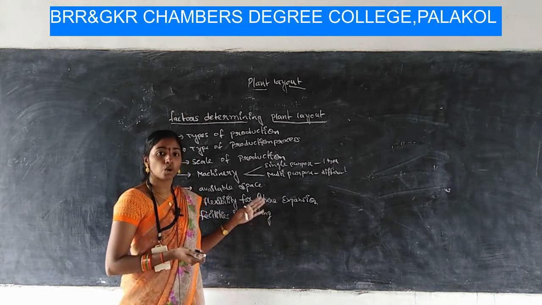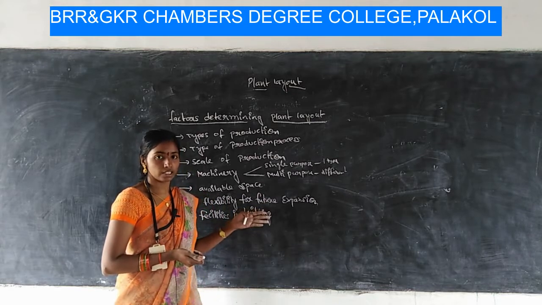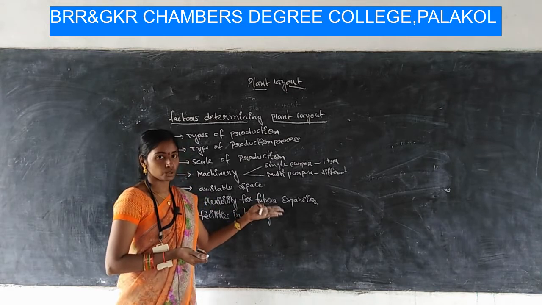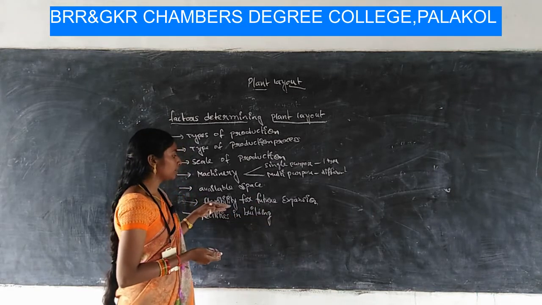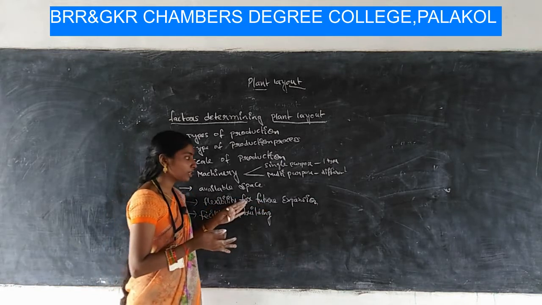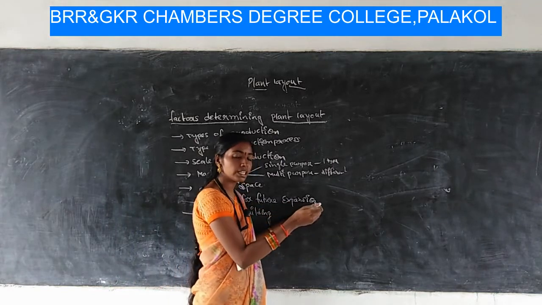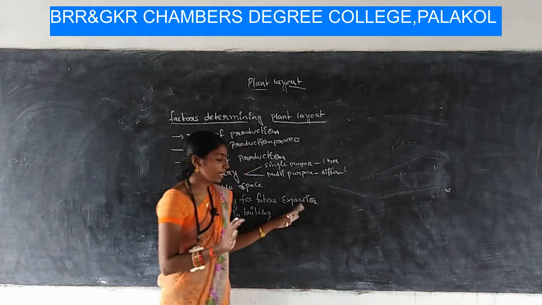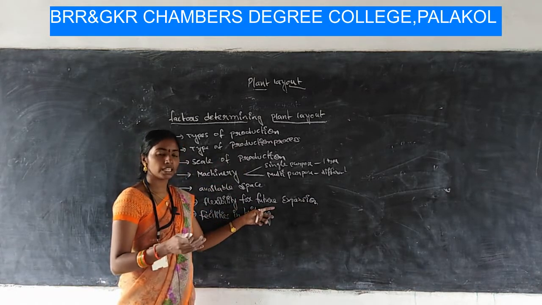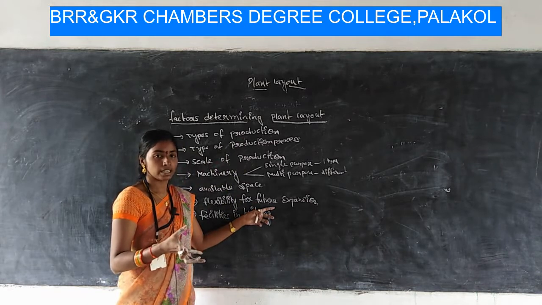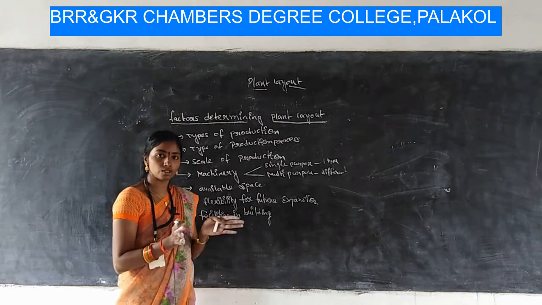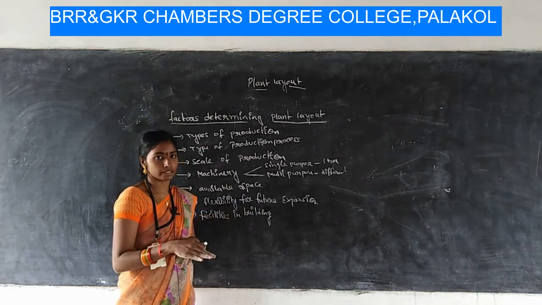And next one is flexibility for future expansion. If the organization wants to expand their activities or the production operations, it needs some space to do so. Which means, if future expansion facilities are there, then the plant layout is to be decided so as to add some additional facilities to that layout. Some organizations want to expand their activities and some organizations may confine their activities to some extent. So depending upon these two kinds of organizations, the plant layouts also differ.